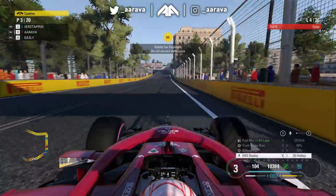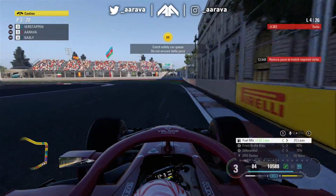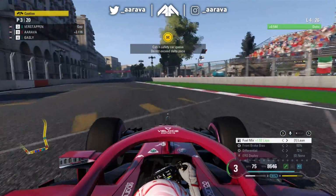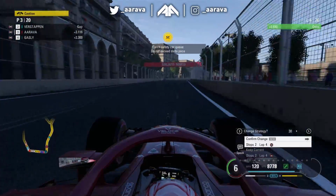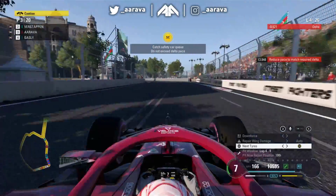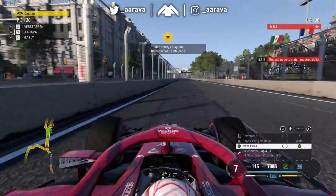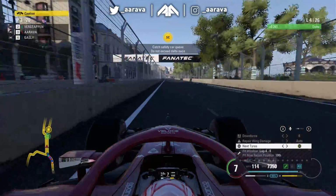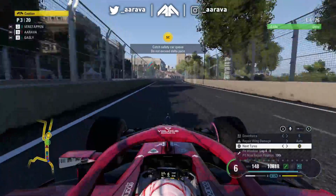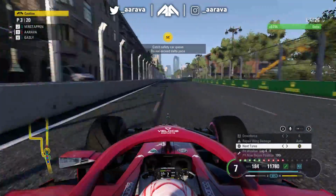And so there you go, the full safety car is out, and that's because Hamilton is going very slow and very dangerously on the main back straight there, trying to get back to the pit lane desperately. So we're going to make a pit stop now under this safety car, and we're going to confirm to box this lap, but I'm going to switch it, you can see on the heads-up display, from the super softs to the soft tyre there, because I'm not going to try and follow the default strategy of a 2-stop now. I'm going to switch to a 1-stop, going to soft tyres here, because we're going to pit on lap 4,